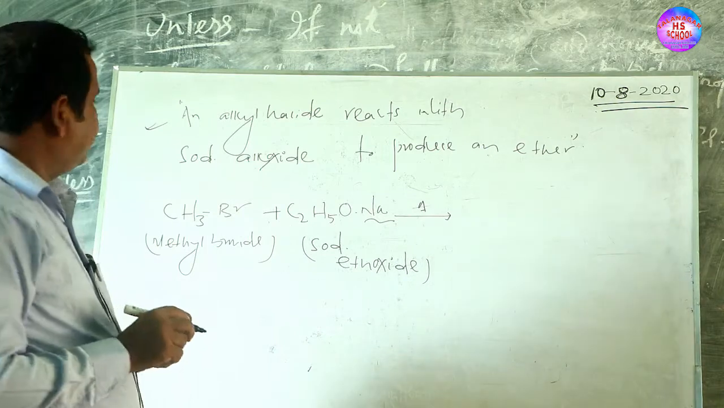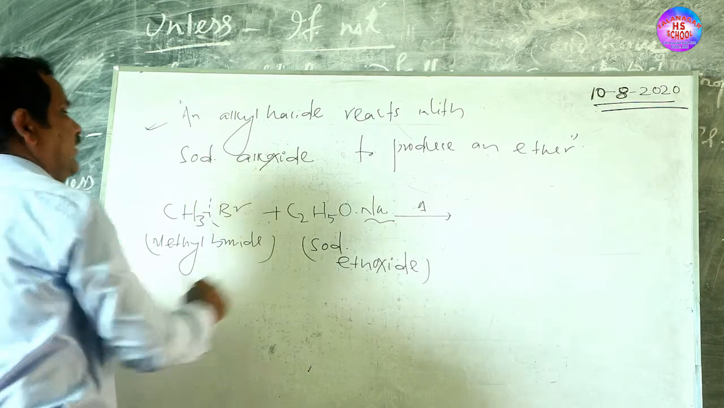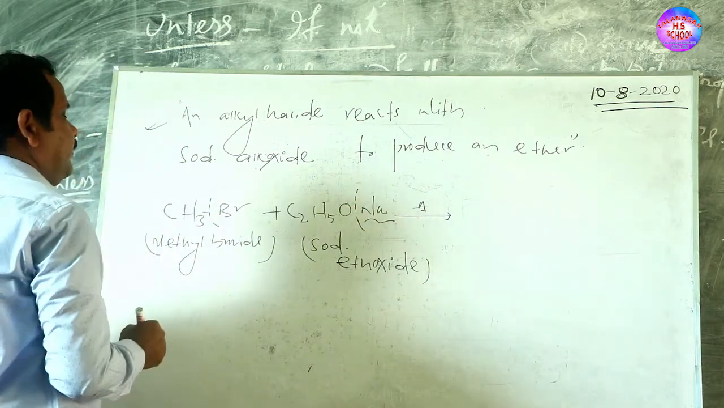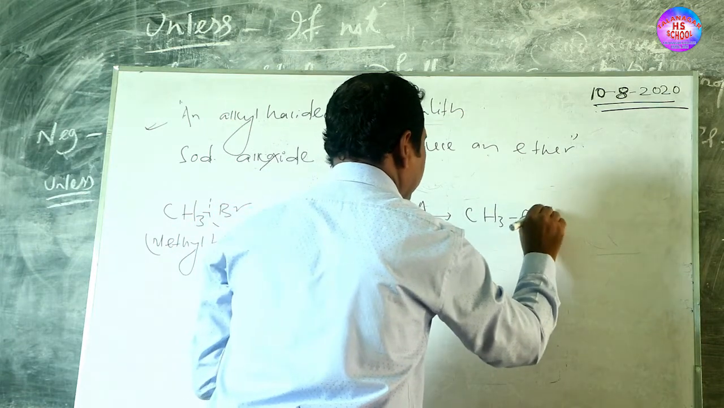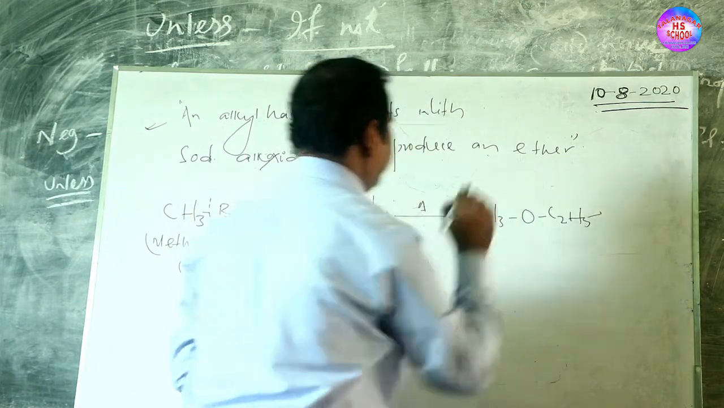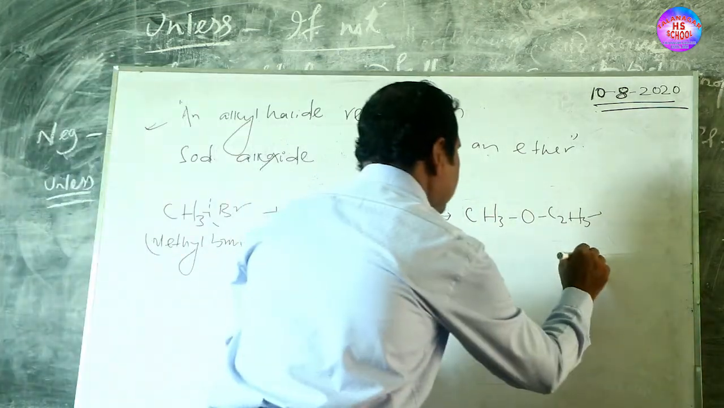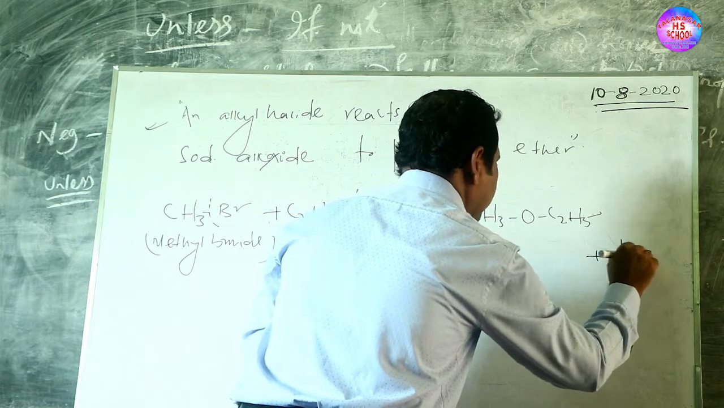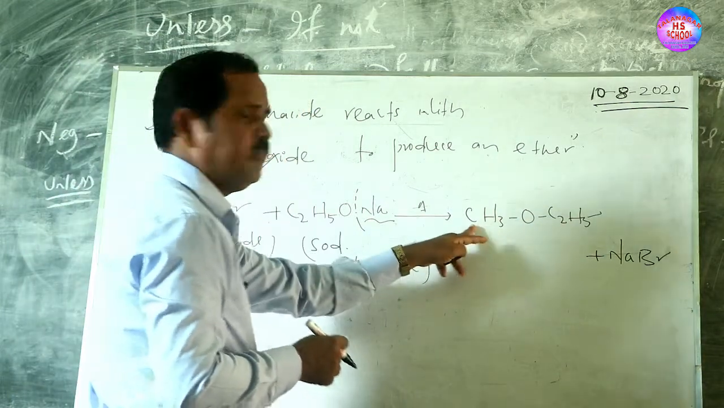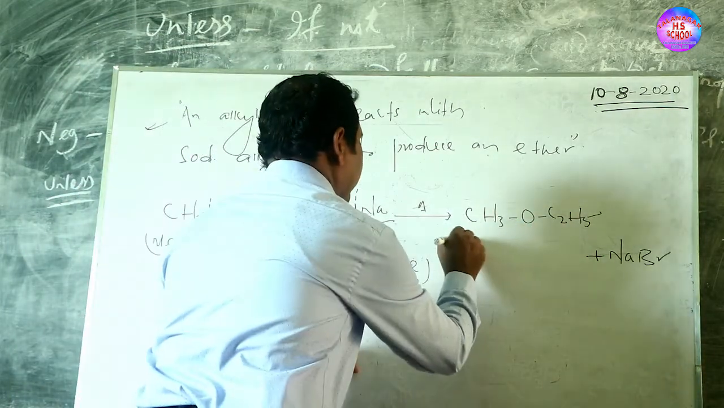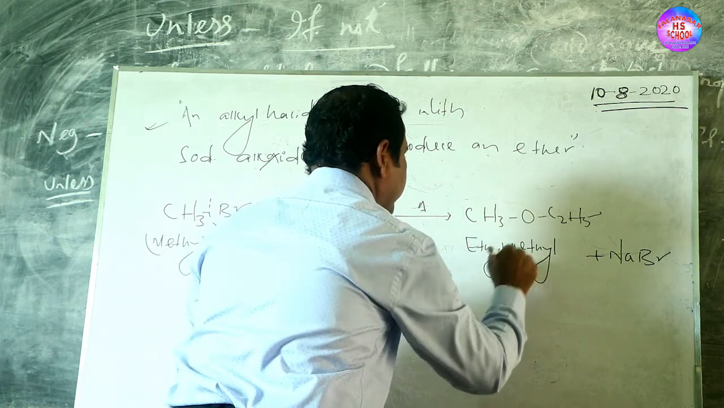So what product will we get? The methyl bromine bond breaks and the ONa bond breaks. So we get CH3, bond O, bond C2H5, plus sodium bromide. The common name will be ethyl methyl ether,